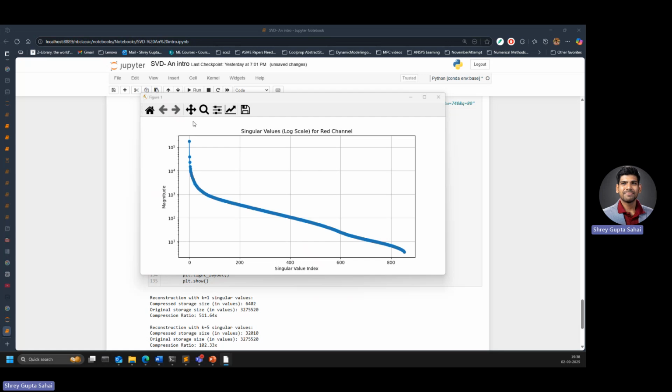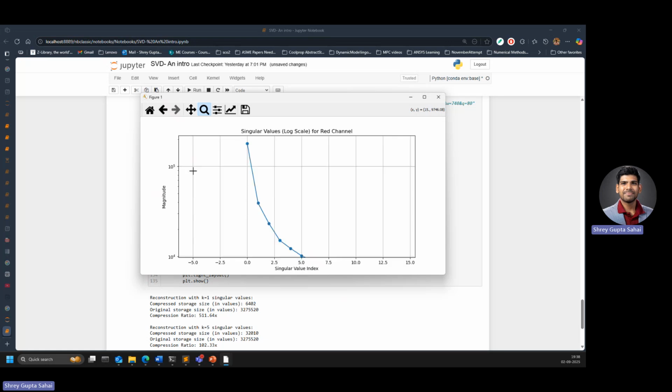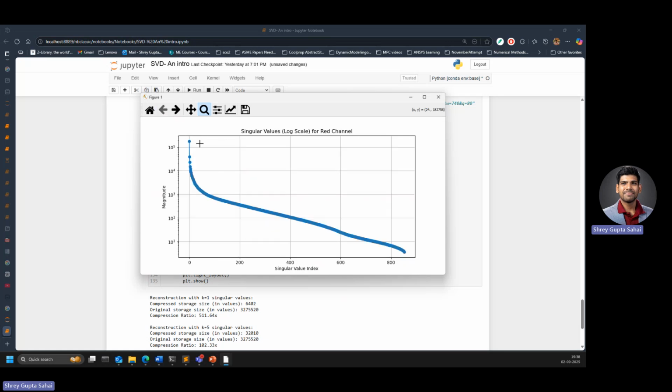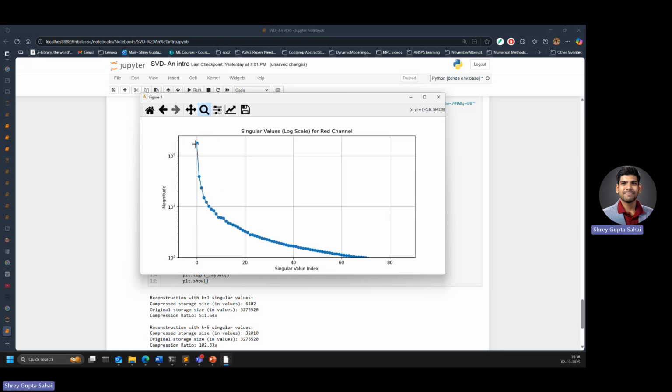One more important thing which I wanted to point out is the relative magnitude of different singular values. You see, the first value has the most importance. It stores the most importance. But the other values are relatively much lower. Let's look at the first five values, or let's say the first 10 images. Once you have gone to the second, 1, 2, 3, 4, 5, you see,